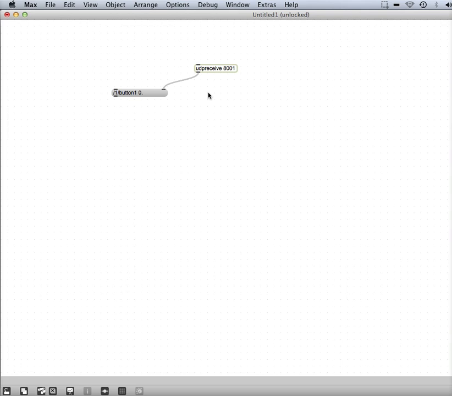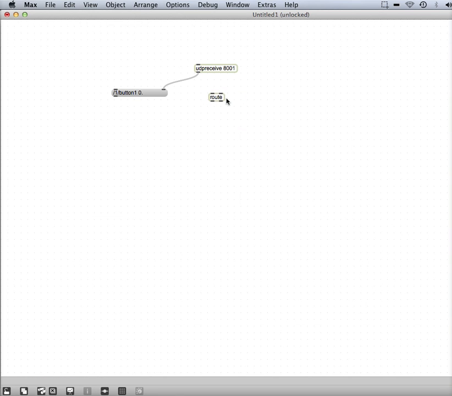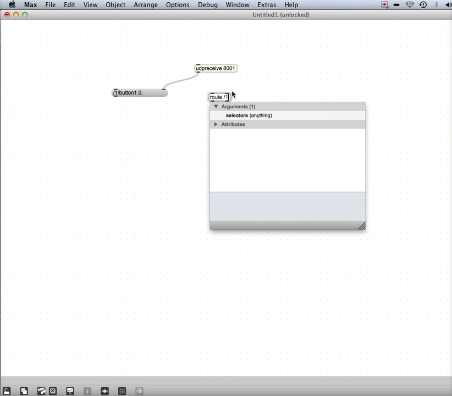But in order to get this routed to a location where we're going to use this data, we need to use an object called route. Basically what route does is it looks for arguments that are coming into it, and whatever is after that argument, it will send the data out related to that argument. So what we want to do is type the path and the name of the control object in TouchOSC into route. So here we would type /1/button1